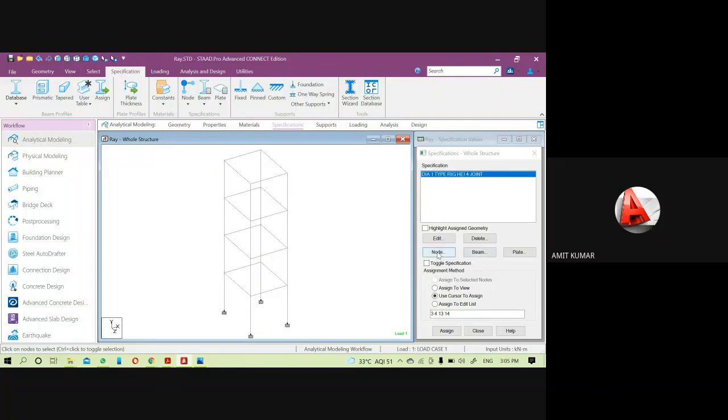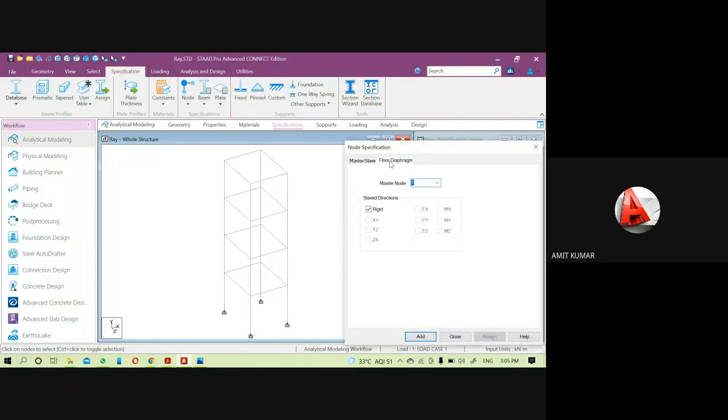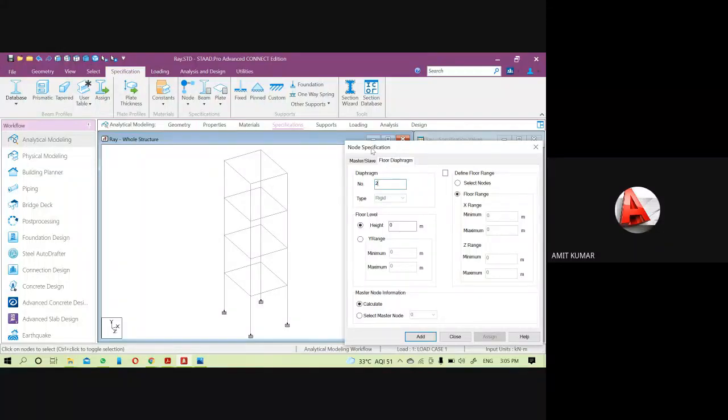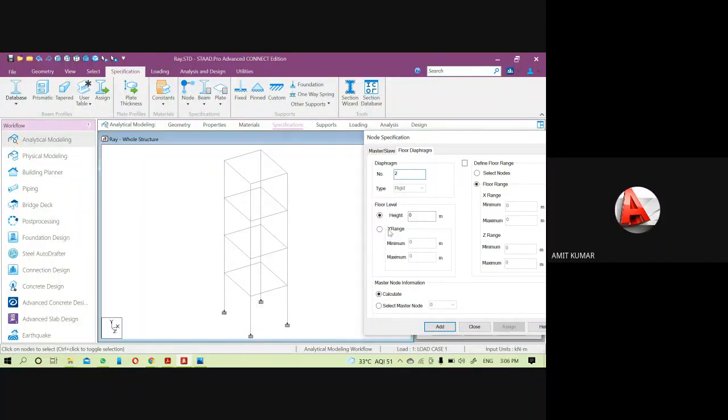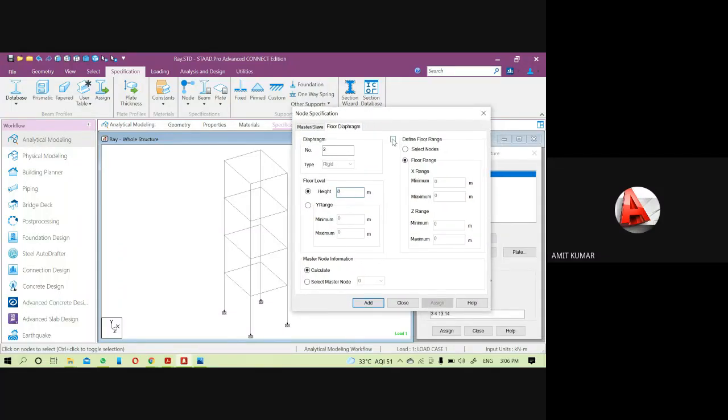Same, just go to the node again. This will be your diaphragm number 2, height will be 4, then after it will be 8, and select the define floor and select the select node option.